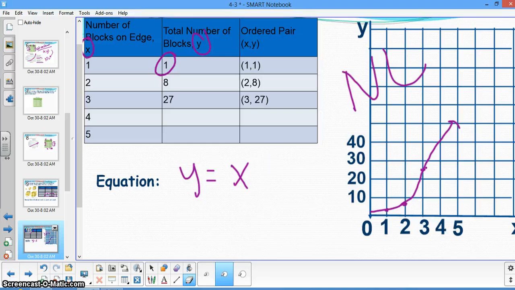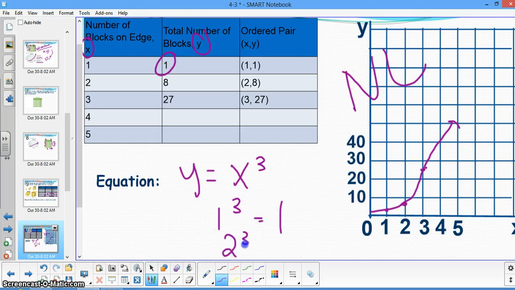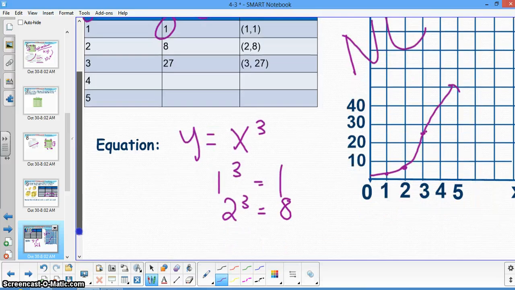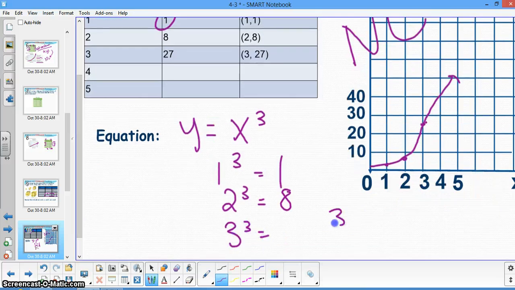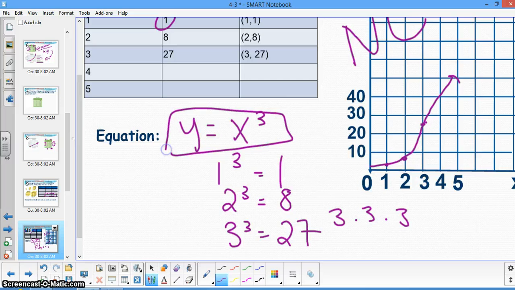And instead of squaring it, let's try to raise it to the 3rd power. 1 to the 3rd power, oh, that gives me 1, that works. 2 raised to the 3rd power also gives me 8. Oh, we're on to something now. What about 3 raised to the 3rd power? 3 times 3 times 3 is 27. So therefore, I know that is my equation, and I can use that equation to figure out the values for